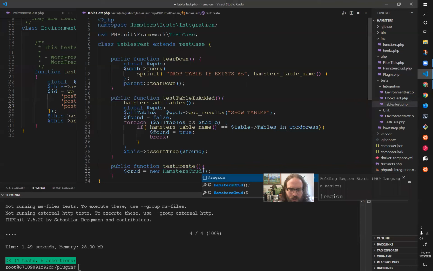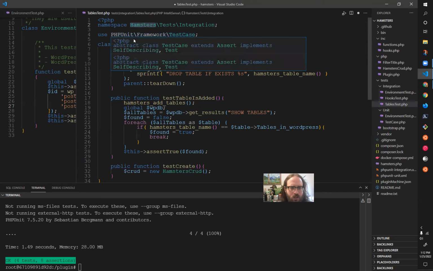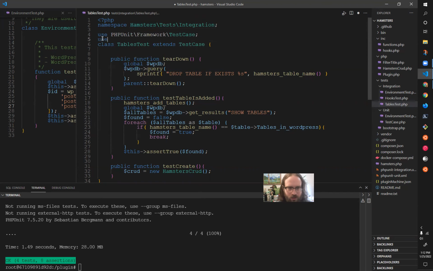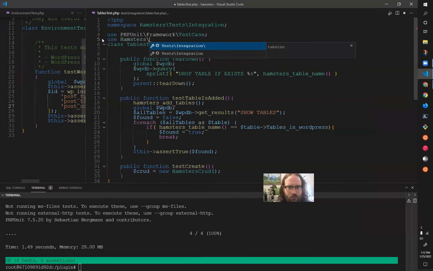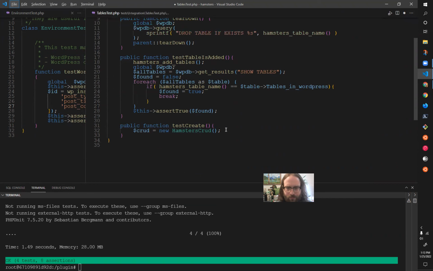I need to make sure you get that. Oh, yeah, that's not working. My VS Code should automatically import these, because I'm recording and running Docker at the same time. Yeah, like GitHub Copilot. Anyway. Hamster's CRUD, and then let's